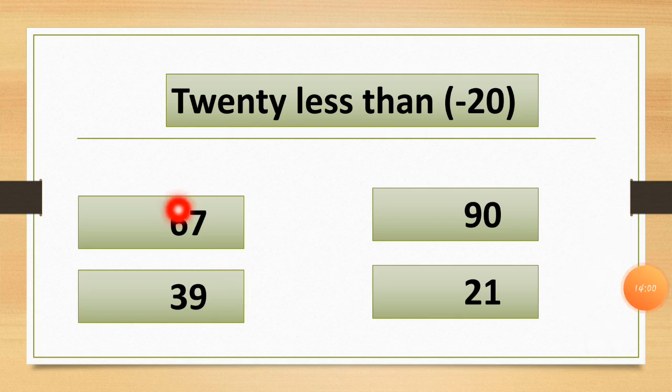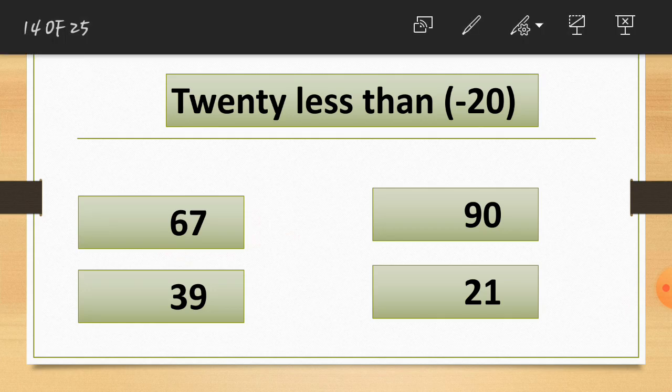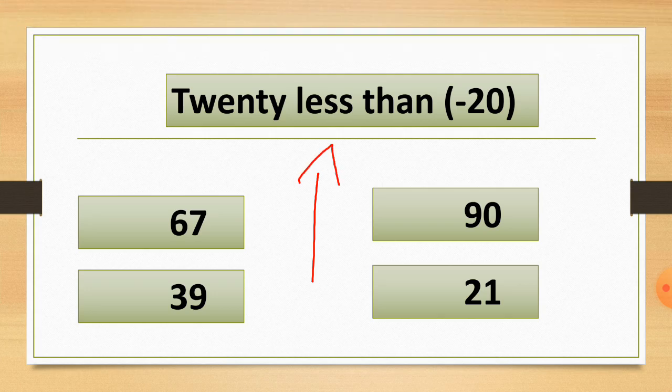So first of all, here is the number 67, and here we are cutting the number, we are subtracting the number. So do we have to go up or down? Just tell me, students. We have to go upside because we are cutting the numbers. You can see here I show you the arrow. We have to move 2 steps upside. So here is the number 67.